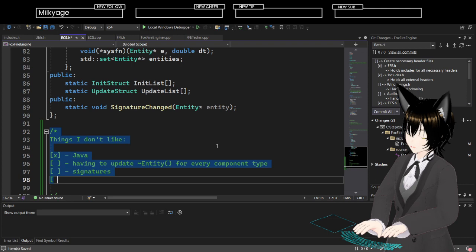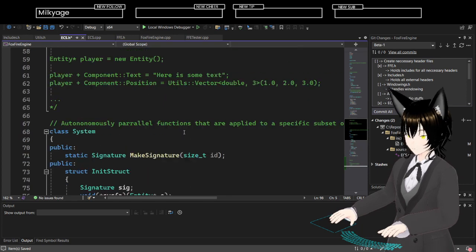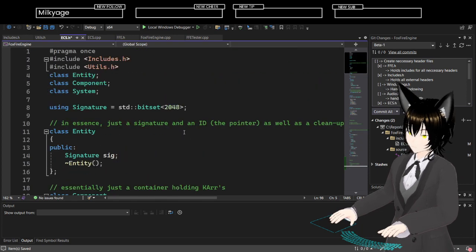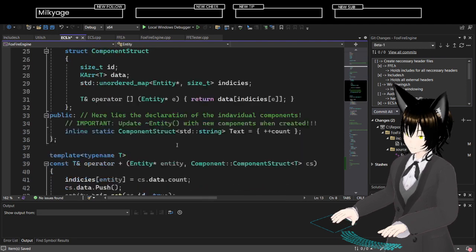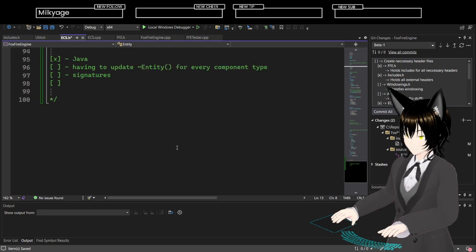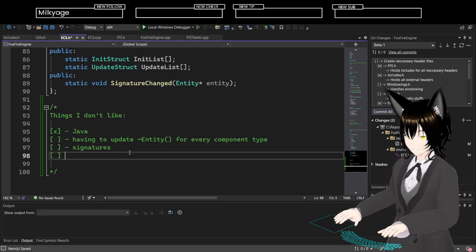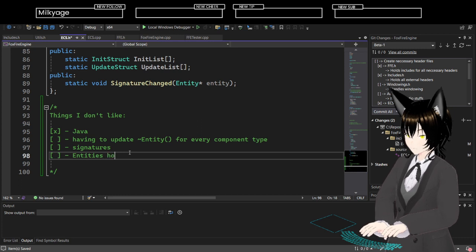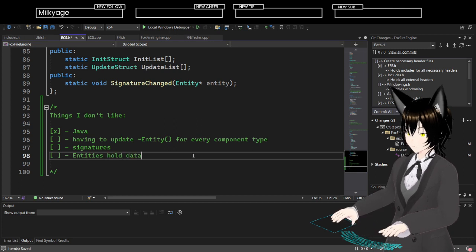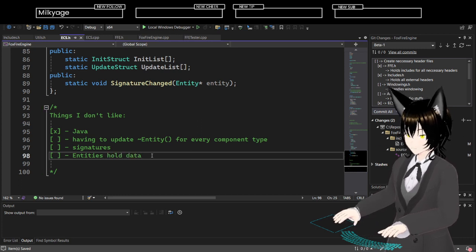What else did I say? Oh yeah, I also don't like the fact that the entity is holding a signature. I don't like that entities hold data.